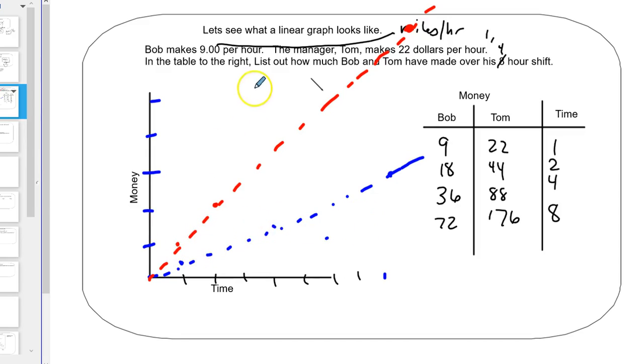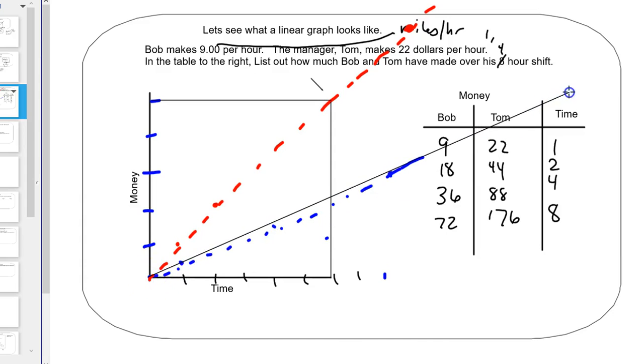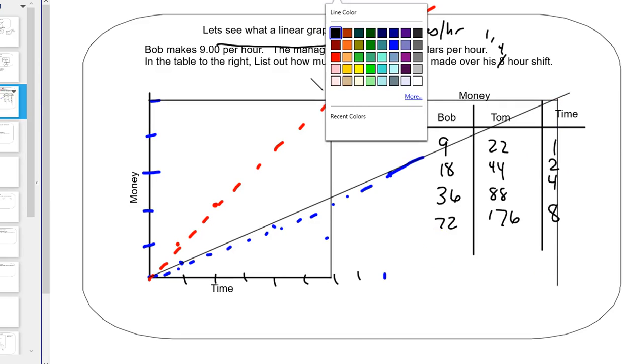And I could say, okay, if I grab my pen, how much time will it take for Bob to make X amount of dollars? So if I want to make a certain amount of dollars, come across here, and then come straight down. That's the time right here that Tom makes that money. For Bob to make that same amount of money, now I'm going to have to, we call it extrapolate that line out. This line here is going to be Bob's line. And I could take this and cut across here and say, well, now this is the amount of time that it's going to take good old Bob with his $9 an hour to make the same amount of money.